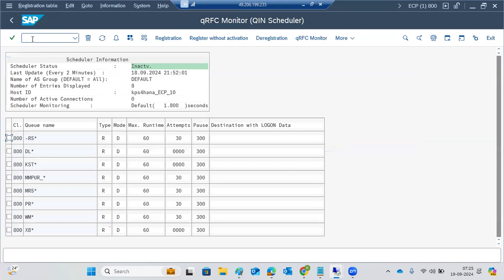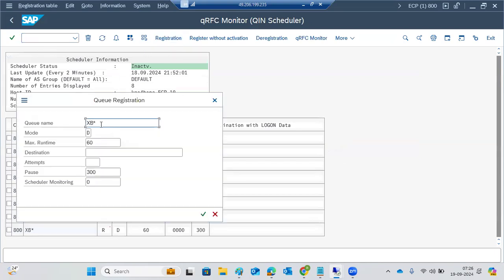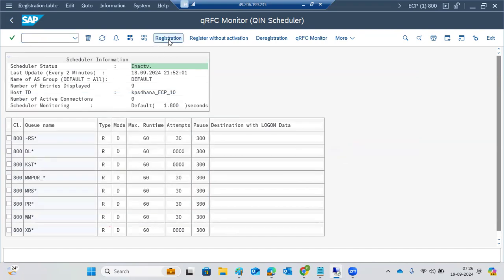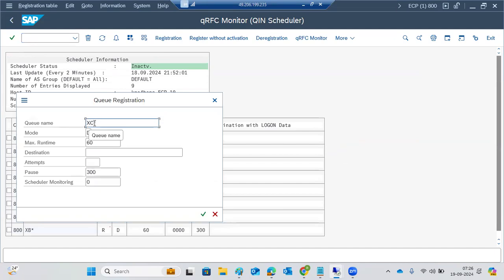SMQR, which means inbound scheduler, queues creation. You go to the registration. So you want to create the XC star queues. Normally this will be created by our team. Then here some